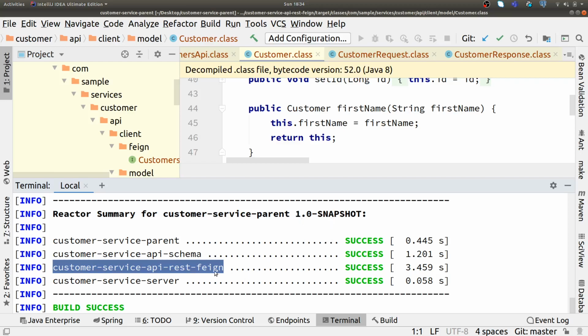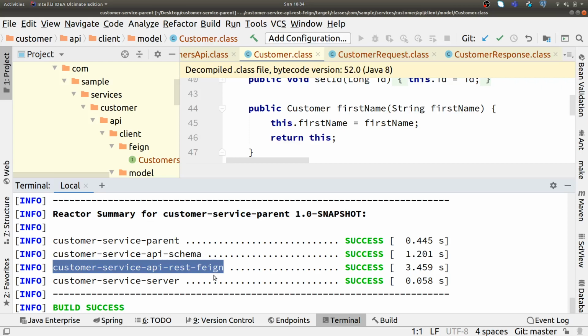Now we have a Maven module which has an API interface and a model for us, and everything is already there. We just need to implement the Spring Boot microservice using this interface and provide the implementation from our side.